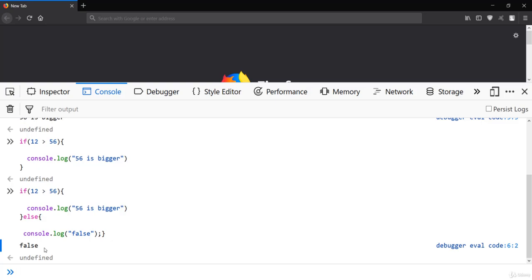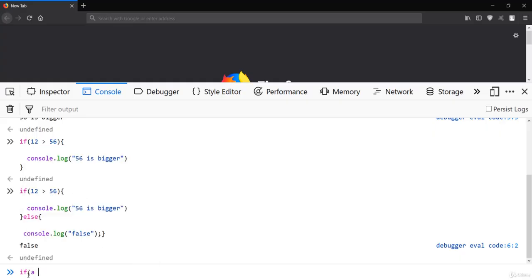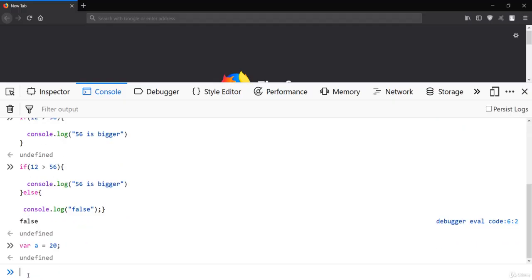So you could see over here, we have made use of this simple code, which is if else, in order to predict where the execution would be. So you can simply make a logic over here. Let me just say if, and a, which in this case, let me just define a first. Variable a would be, let me say 20, or you can simply get that variable from the user, but in this case I'll not do that.